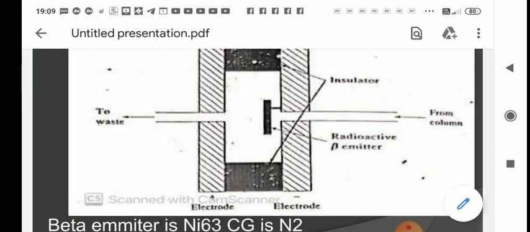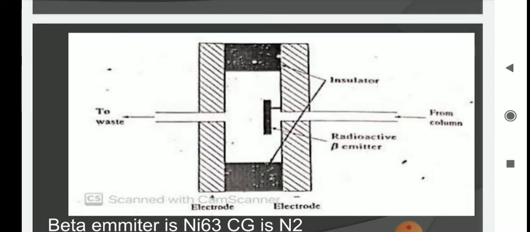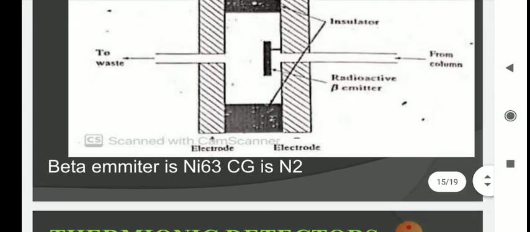Usually, chromatographic peaks are upright, but in this case, you will get a baseline current which is at a high value, and as soon as the compounds come in, you will get an inverted peak. For every compound which is electronegative and entering the chamber, you will get inverted peaks. So this is how the detector functions, and it is very useful for determining halogen or electronegative elements.